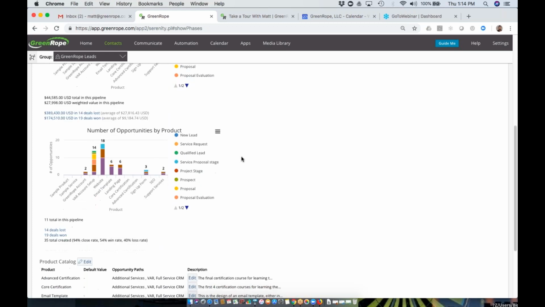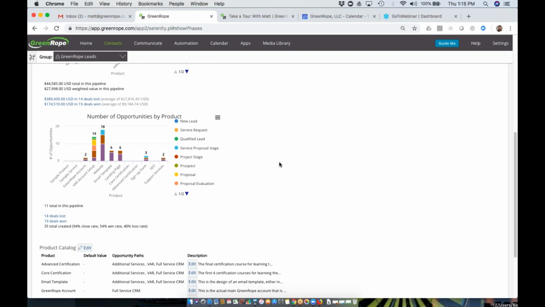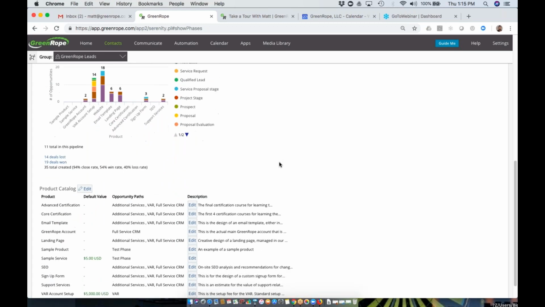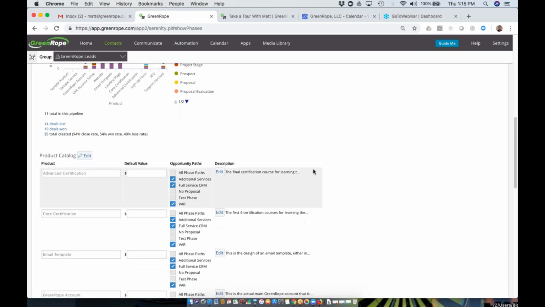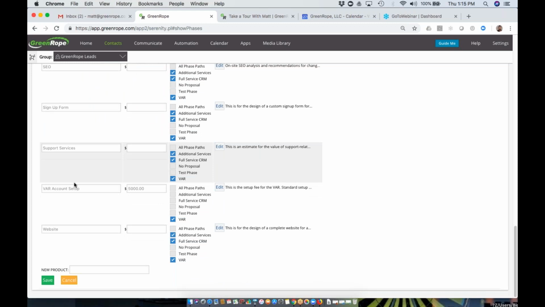When we scroll down to the bottom, this is now where we can create the product catalog. This product catalog is pretty cool. It provides you a lot of good flexibility. So if you come here and edit this, down at the bottom is where you can create the new product or start adding your products. Once you save those, you'll have a